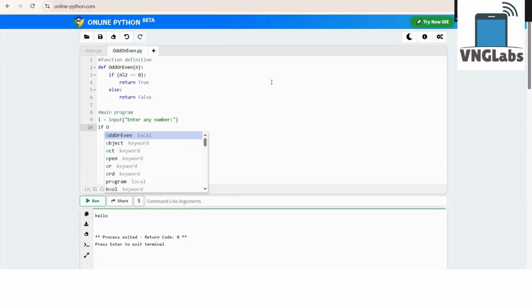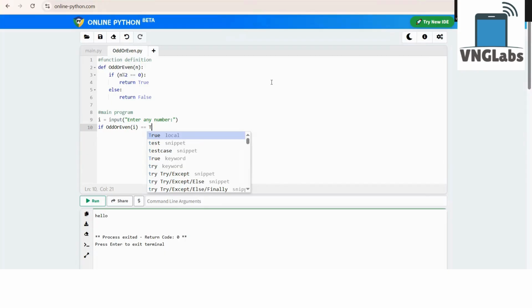Python automatically gives me a suggestion whether this is the function that we need. I click yes, inside which I pass I, the number. If odd or even I equals true, that is the return value from our function. If the return value is true,